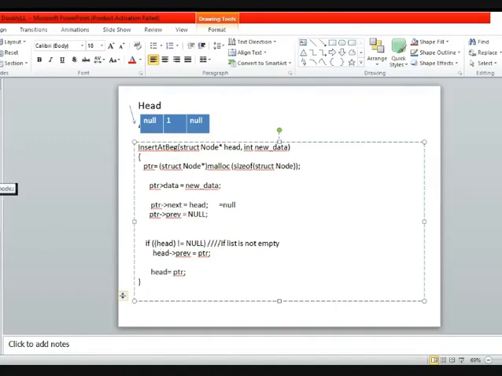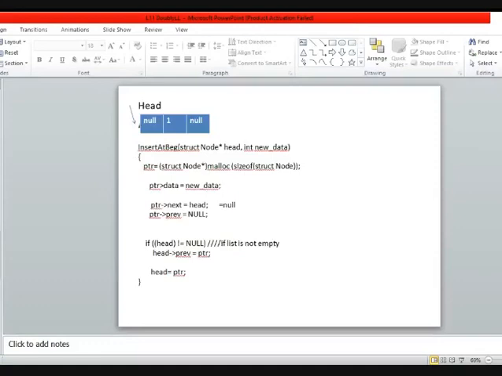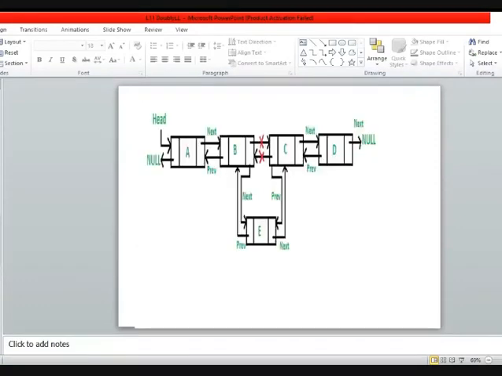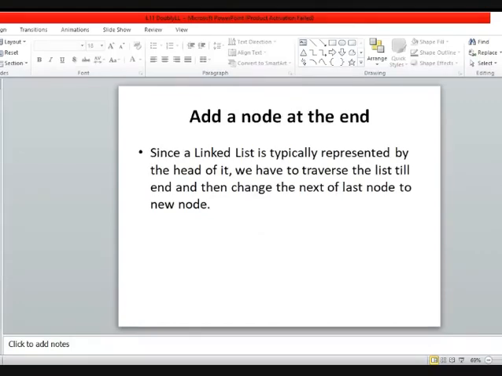Okay. So similar to singly linked list, you can also insert a new node after a given node or before it. Okay, it is a specific kind of insertion. Let me go on first with the insertion at the end. Okay. So how can you insert a node in a given doubly linked list at the end position?